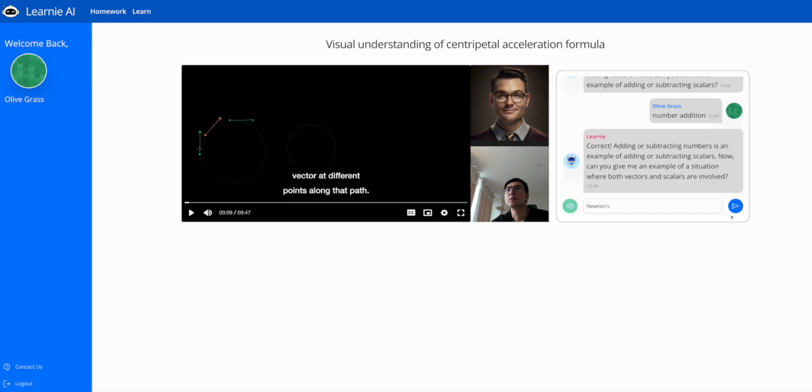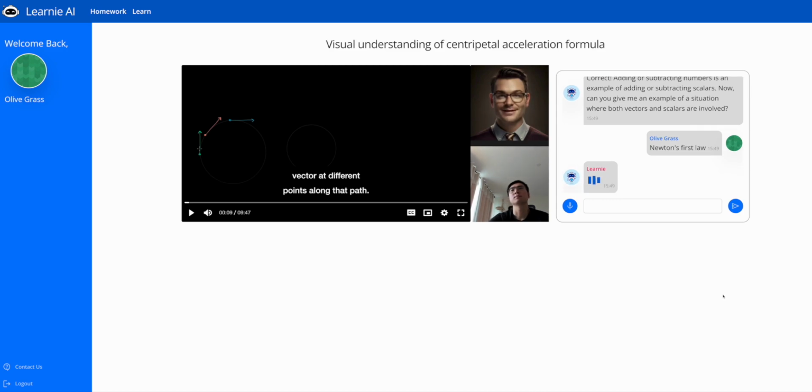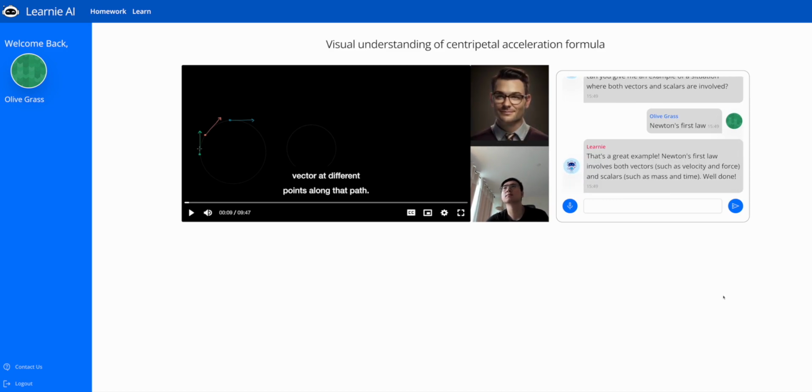Newton's first law. Give me a moment to gather my thoughts. That's a great example. Newton's first law involves both vectors, such as velocity and force, and scalars, such as mass and time. Well done. So, this right